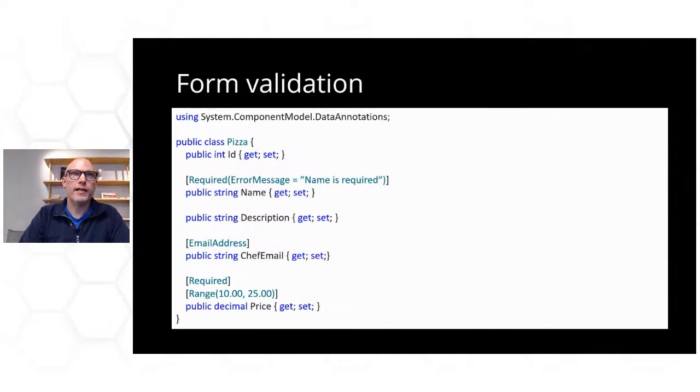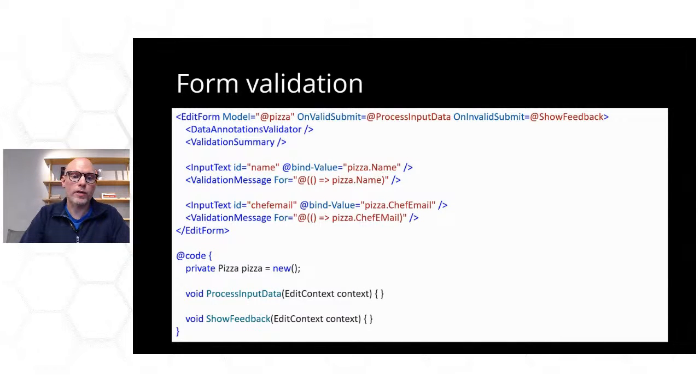We can have pretty nice form validation. If you ever worked with ASP.NET before, I think you will recognize this quite well. On your model class, you can set attributes like required or min length or max length or what data type it is, like email address or credit card or things like that. And then when we validate the form, it will check these properties or attributes and automatically make sure that it's valid. So this is an example of the model class,